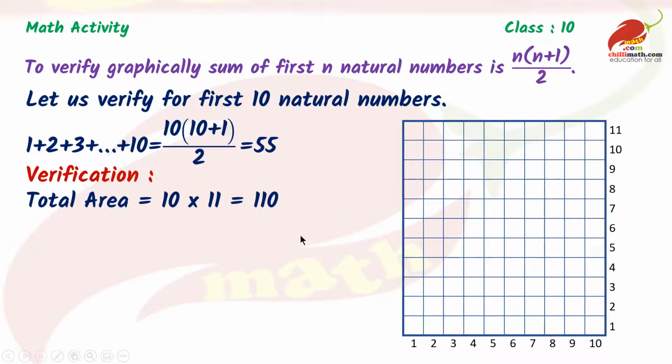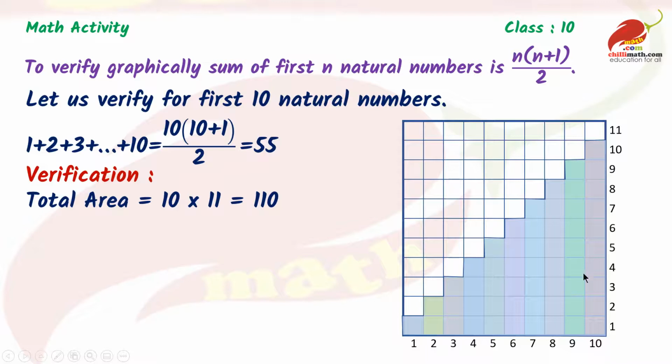Now cut the colored paper equal to the length of these numbers, that is, one covering 1 square, 2 squares, 3 squares and so on till 10 squares, and paste it on this square graph sheet like this: 1, 2, 3, 4, 5, 6, 7, 8, 9 and 10. So these represent our terms, that is, the natural numbers 1 plus 2 plus 3 plus 4 up to 10.